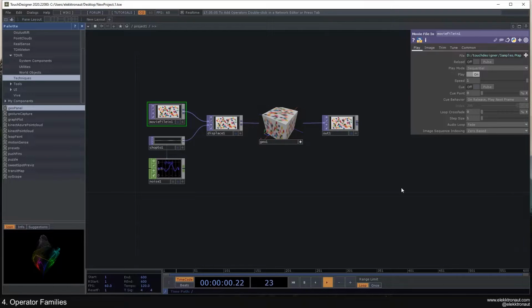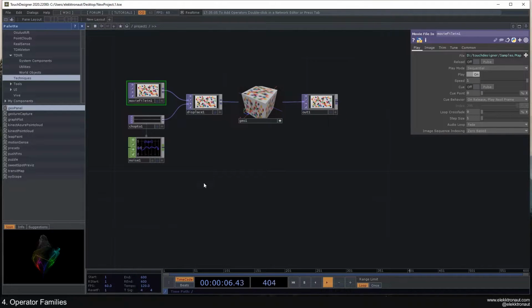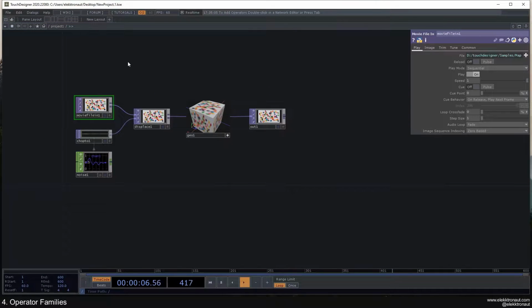So we have different so-called operator families that deal with different types of that data. We can add a new operator and have a look at the different families and their operators that there are. Then we have a few different options. So we can access this menu